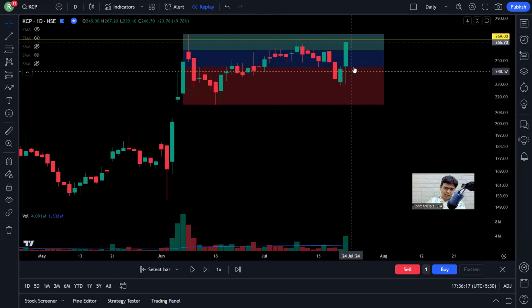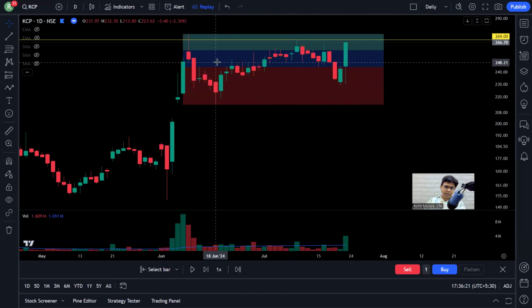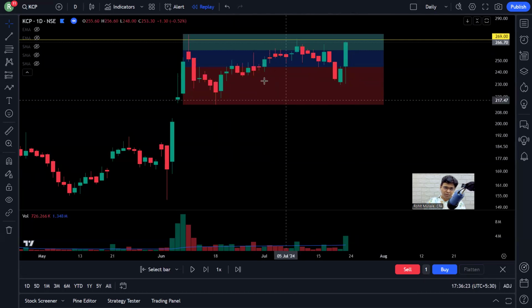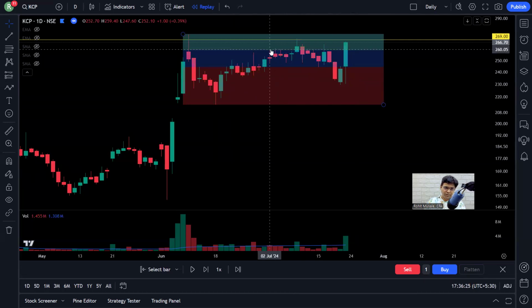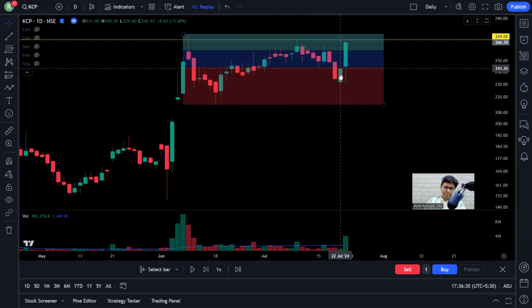Momentarily dropped here, but it recovered. So that's a good sign. I wanted to see that happen. I wanted a lot of candles to close above this red zone, which I got here. But the mistake I made is I should have looked at these two candles, and I said to myself that this is a lot of price action in just a couple of days, because buying takes a lot